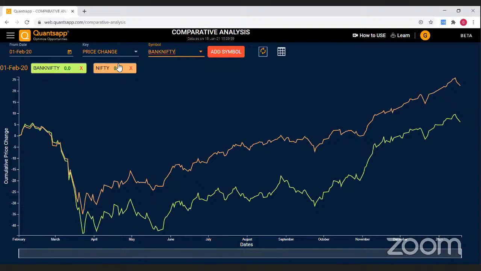There is no price change. But if I go to the 23rd March, so I can say that from 1 Feb to 23rd March, Bank Nifty has fallen more as compared to the Nifty. Bank Nifty has fallen almost 43.5%, whereas Nifty has fallen around 35%. And if I ask how is the performance of Nifty and Bank Nifty after that fall till today,